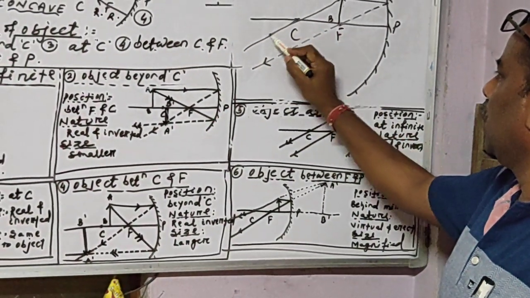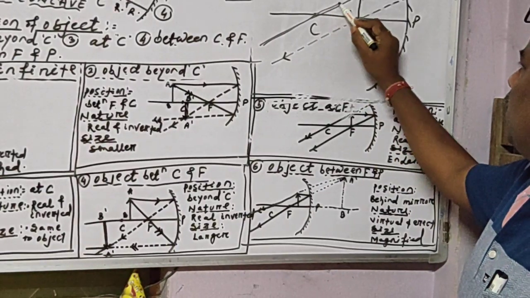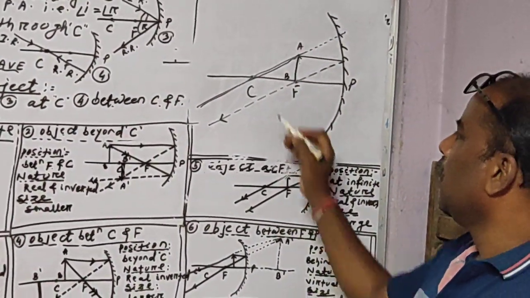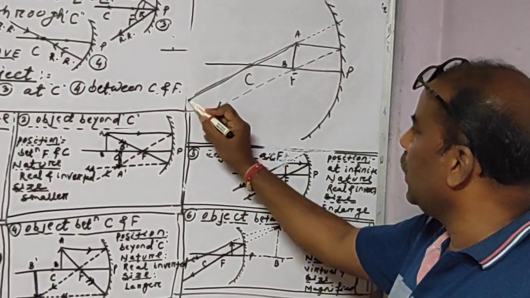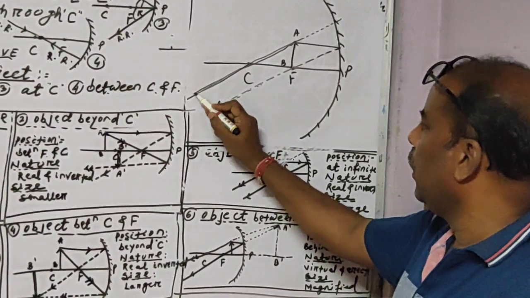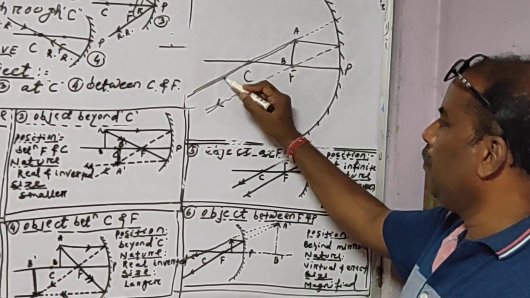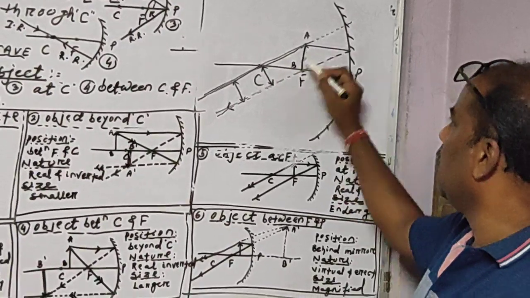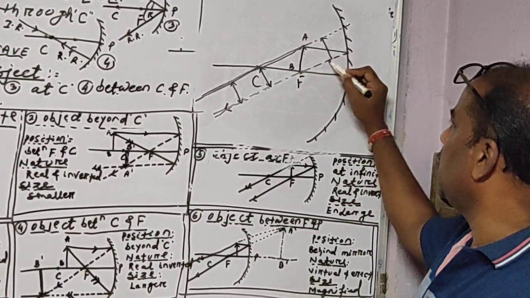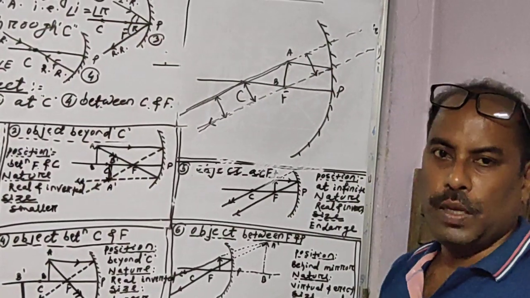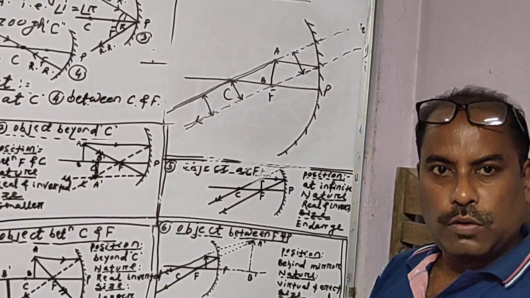and this line will go in this way, and this line we have to take by dot dot marking up to the mirror. That means when I am drawing here, you see this reflected ray and this reflected ray are parallel to each other. Everywhere the distance will be same, parallel. Here, here or here, the distance will be same. If we will go in this way also, it will be same. So both the rays are parallel to each other.